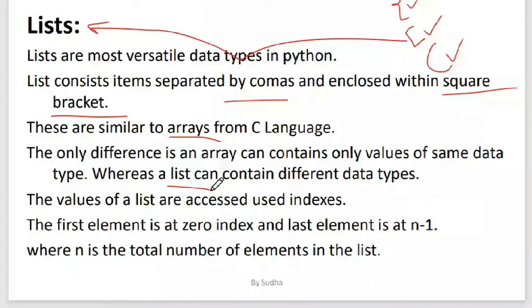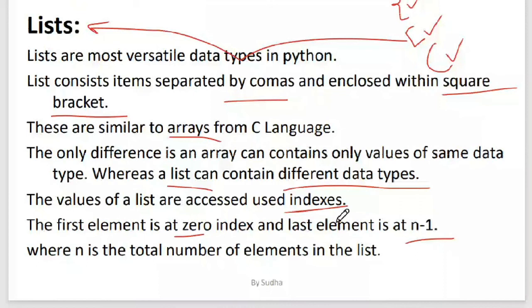The values of the list are accessed using indexes. So here also you have indexes for the elements inside the list, like you have indexes for arrays. The starting index number is 0, and obviously the last one will be n minus 1, where n is the total number of elements in the list.